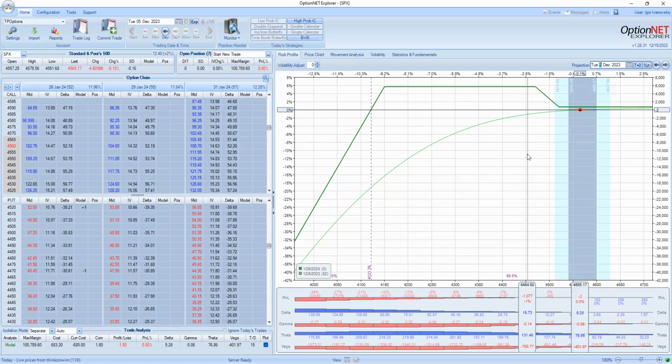So 120 DTE is going to be slower moving, which means that if you look at your P&L per day, you're probably going to make less with a 120 DTE 112. But the flip side is that 120 DTE 112 is going to be a lot more forgiving. And if you have the tools, you can just compare the two trades, one at 52 and one at 120